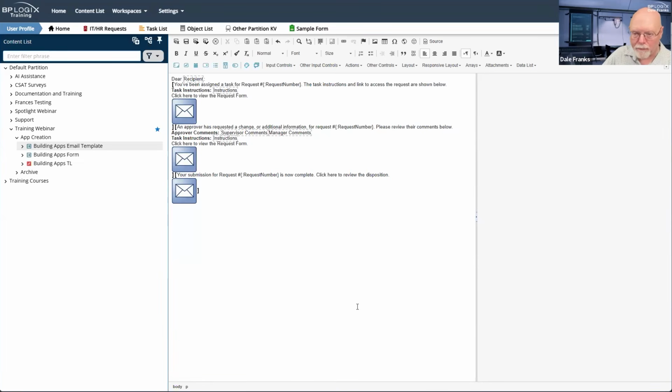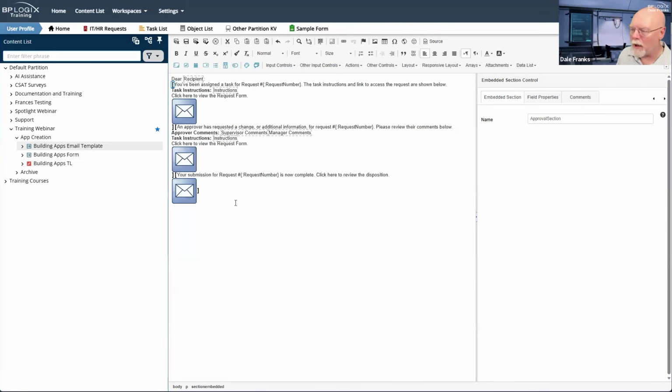Now, because we have these 3 sections, we have to set up the mutually exclusive conditions that determine when each of these activities are firing. So for our first one, we only want it to run if we are running in manager approval or supervisor approval.